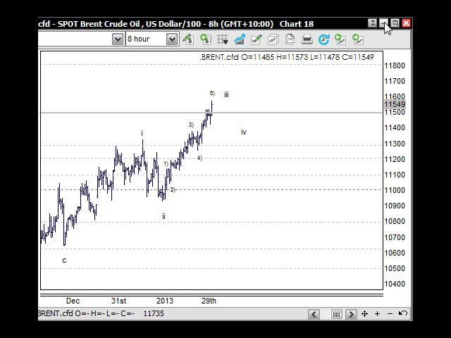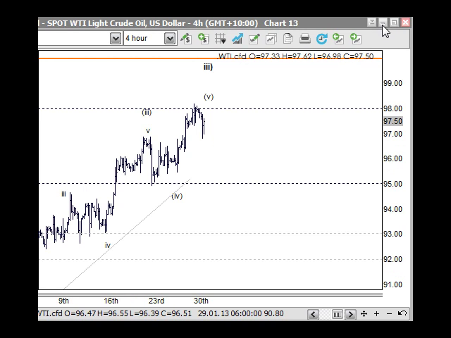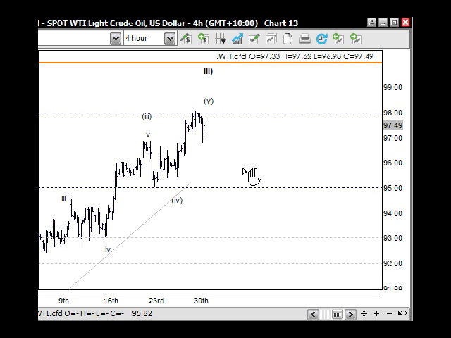So that lines up quite nicely with WTI at 98. 8's a profit-taking number, first even number before the next whole number. So it's just natural to see that. This move down through here appears to be corrective, and it should line up. Oil follows stock, so it should line up with what the S&P is doing, and we know with the S&P